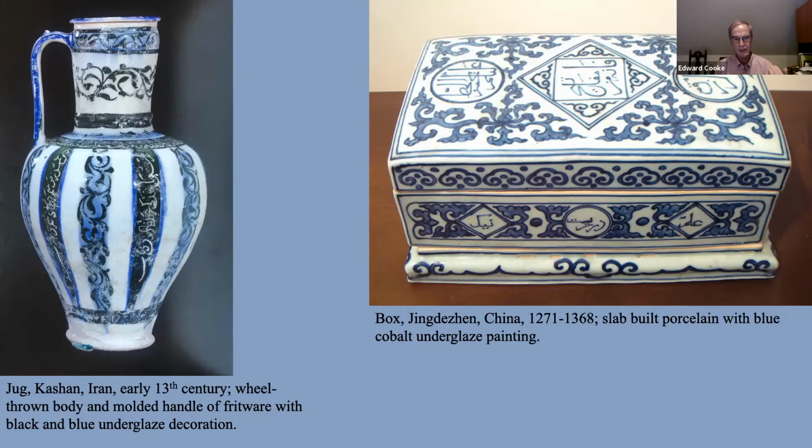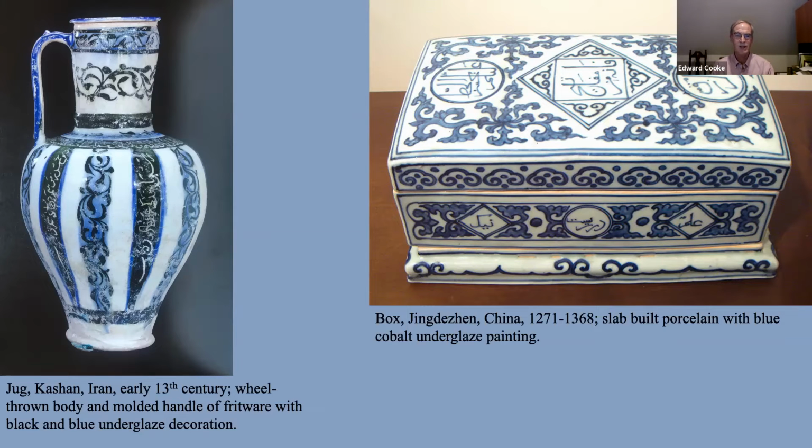what is called fritware, which is ultimately a body of ground quartz and some white clay, producing a very fine white surface of a body that then has the local cobalt decoration on it, such as you see on the left from Kashan. And yet the porcelain developments in Qingdechen in China, which start in the 13th century, they learn how to develop this nice white glaze on a white body, but they're importing their initial cobalt from Iran. And actually they refer to it at that time as Muslim blue.